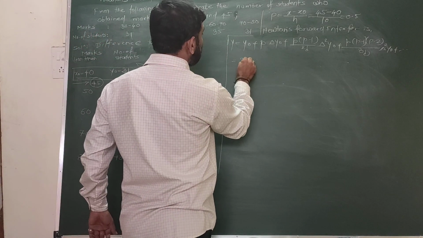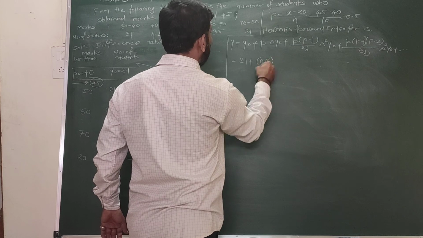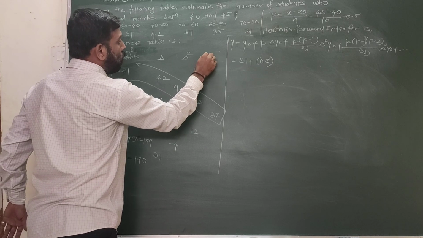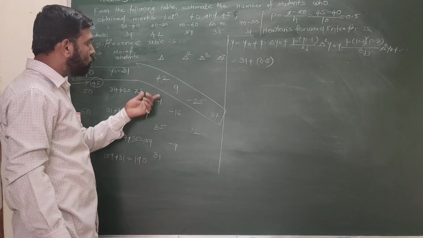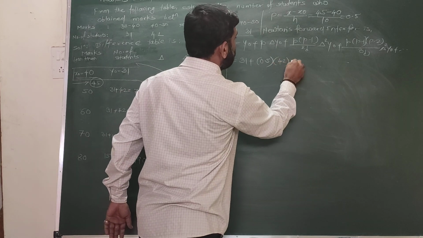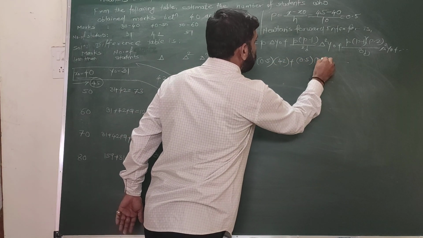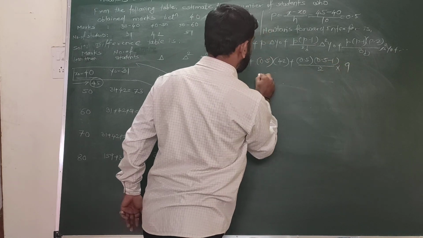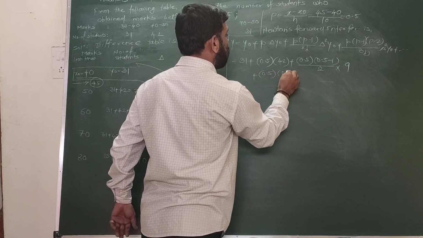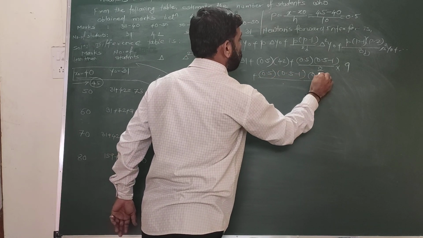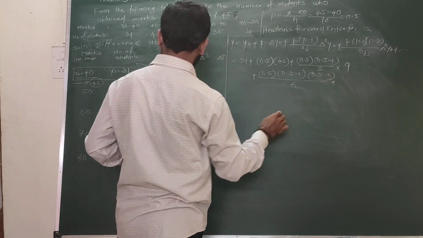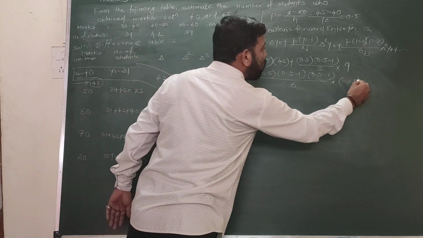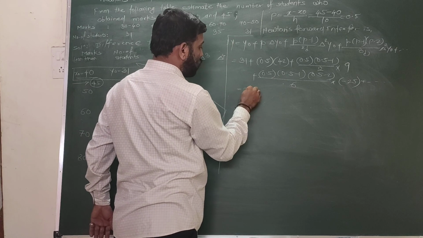Y0 value 31, P is 0.5, delta y0 is 42, plus 0.5 into 0.5 minus 1 upon 2 into 9. One more term we will complete here into minus 25, plus so on, which is equal to 31 plus